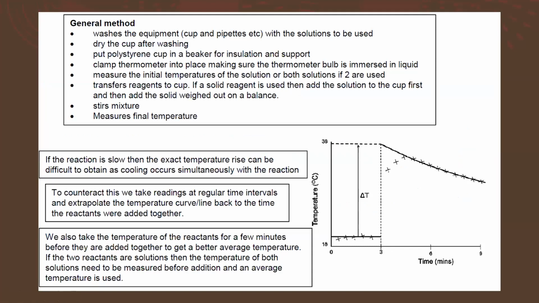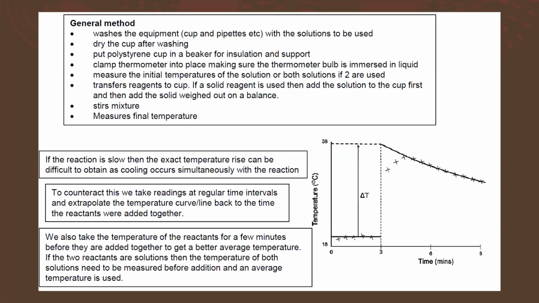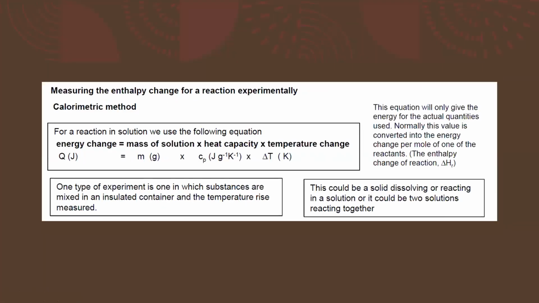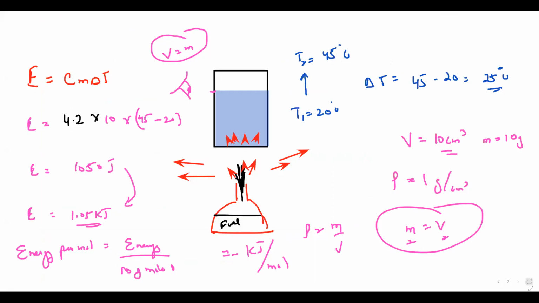So for example, there are different ways we can use to calculate the enthalpy change. Like, if you want to measure the enthalpy change of a reaction, say zinc is added to copper sulfate solution. If we want to calculate the enthalpy change of combustion, we burn. So in case we want to measure the enthalpy change of solution or a reaction,